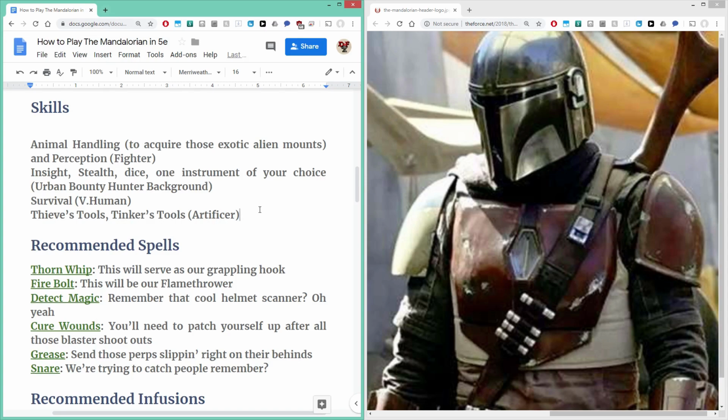Didn't really fit, but we get it. I picked dice, or you can flavour them as chance cubes. Yes, Disney got my money at Galaxy's Edge. Just don't judge me. And then from our multi-class into Artificer, we're going to pick up Thieves' Tools and Tinkerer's